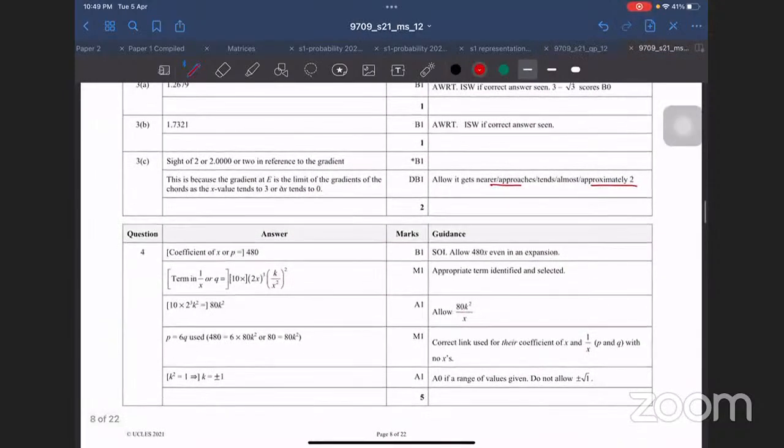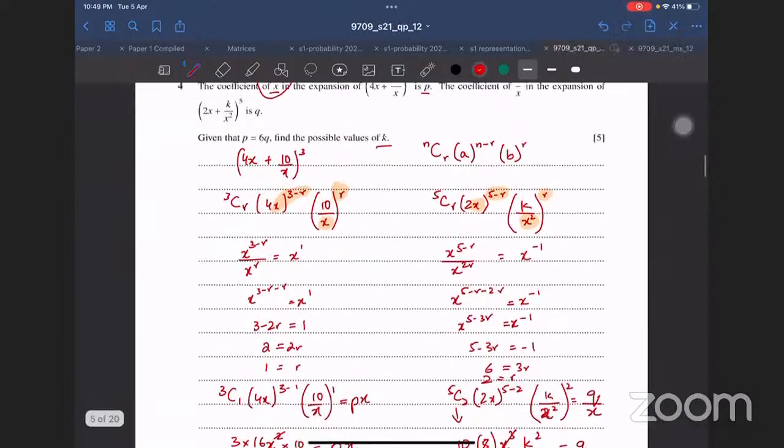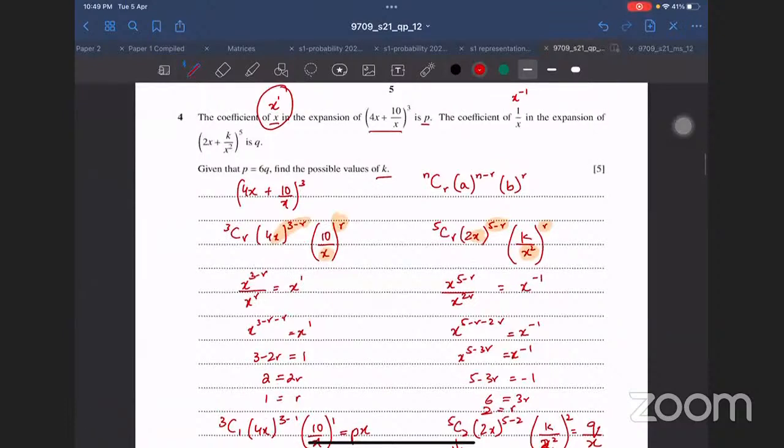Okay, this question is about finding particular terms। तो मैंने दो particular terms निकाली हैं, दो अलग अलग expansions।